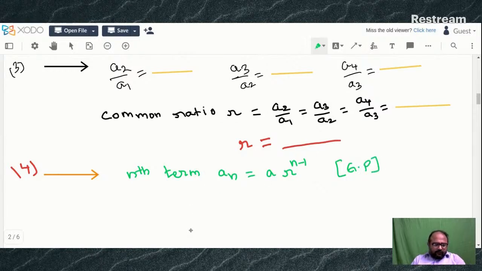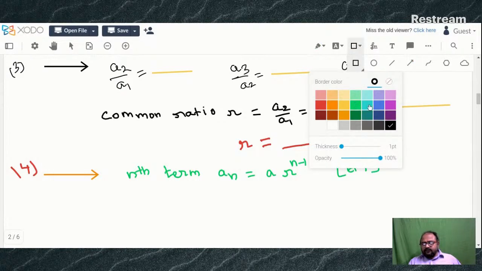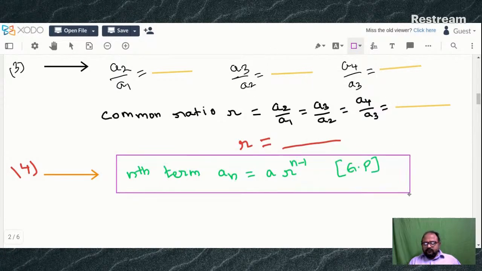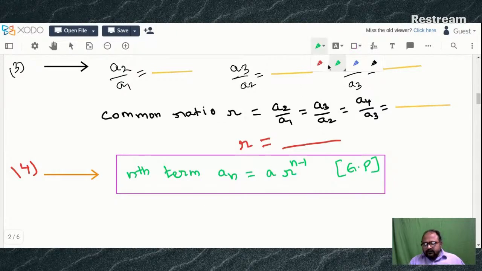If the given problem is in geometric progression, then what is the formula for nth term? So here you can write an equal to,